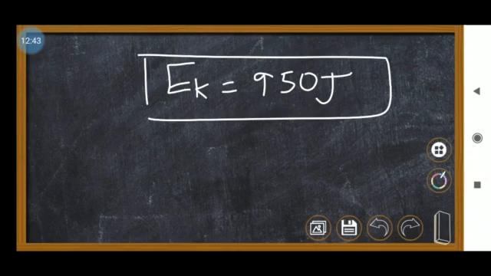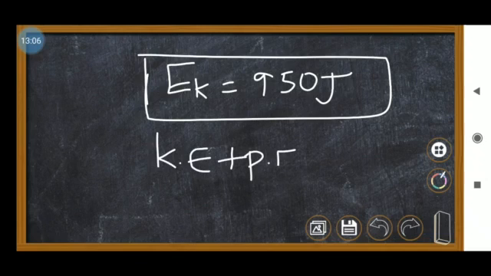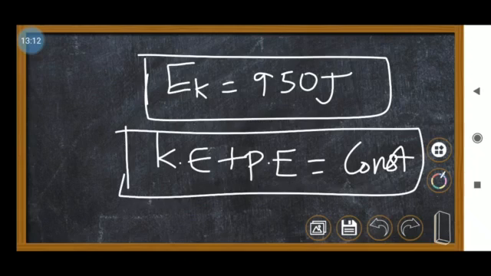Remember that one. This is a very important concept, students. When you are releasing any object, potential energy gradually decreases. So as much potential energy decreases, that much kinetic energy will increase due to the increase in speed. So at any point, when you are releasing or throwing, the total energy must be constant. Kinetic energy and potential energy together at any point must be constant. This is a very important point. So we cannot say the energy is reducing or decreasing. Total energy will be constant always. These two energies are called mechanical energy.